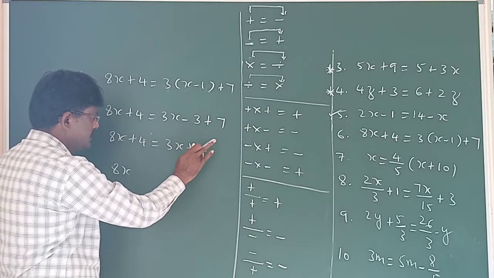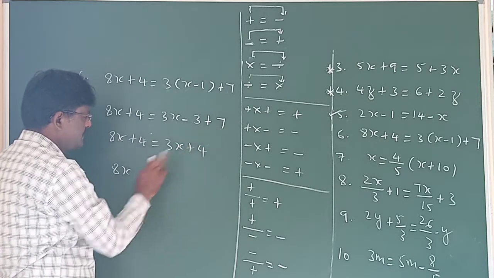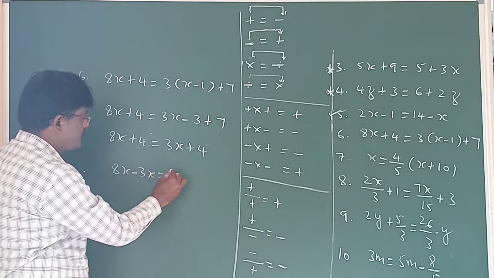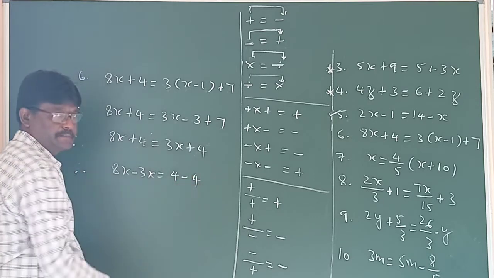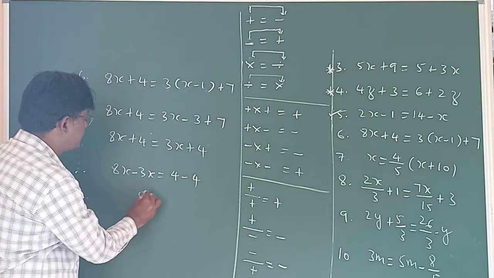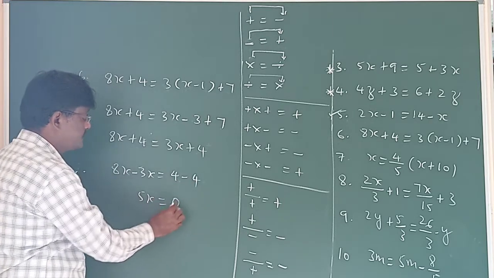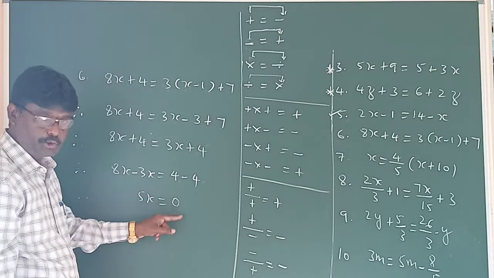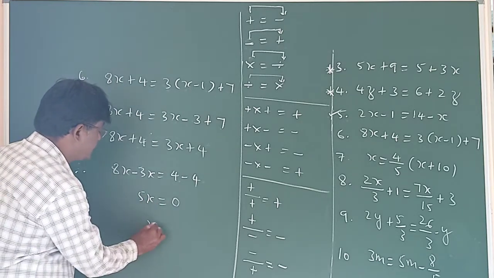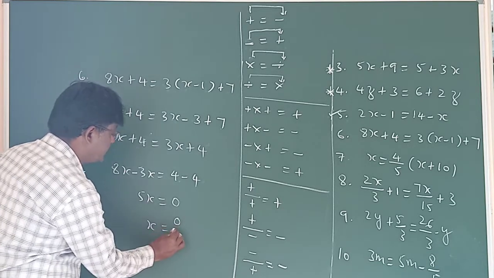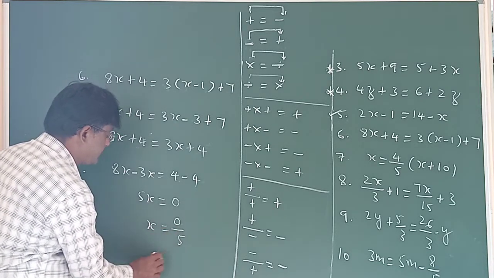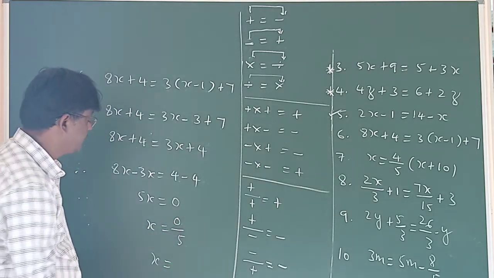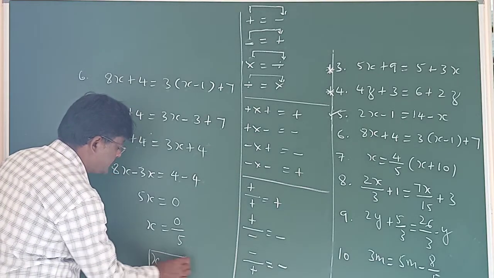Okay, I told you, in the beginning stages, if you find it difficult, let it be like that only. 8x minus 3x equal to 4 plus 4 becomes what? Minus 4. Therefore, 5x equal to 4 minus 4, which is 0. Then how to get the value of x? What do you mean by 5x? 5 into x. Therefore, x equal to 0 by 5. Hence we know 0 by 5 or 0 by 100, anything, it is what? 0. Thus, x becomes what?